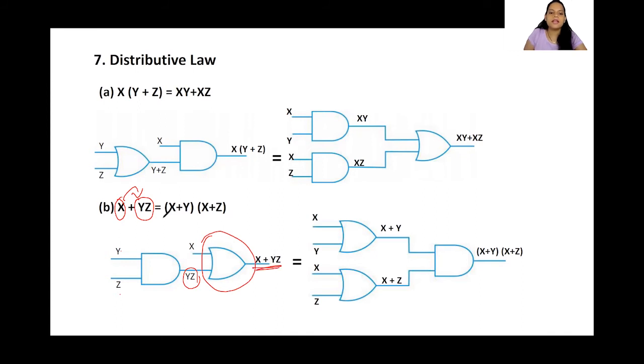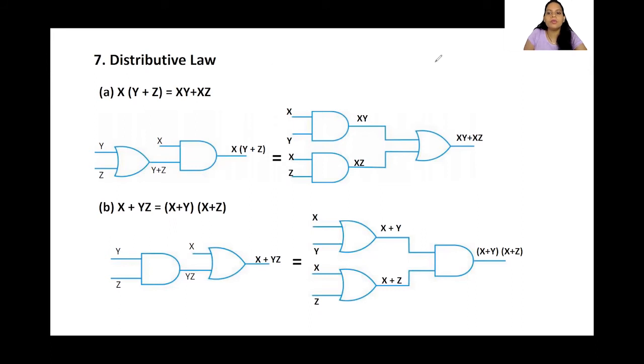Clear? Now, what does the right hand side say? It is saying first OR x and y and then OR the x and z, whatever the output you are getting, then you do the AND operation between them, right? So that is what we are doing here. First, we are doing OR operation between x and y, hence I'll get x OR y. Then I'm doing OR operation between x and z, hence I will get x OR z. Now these two outputs, whatever I got from the OR operators, I'm giving as an input to this AND operator. Hence I will get (x + y) AND (x + z). Okay, so this is all about the logic gate, how we are writing a logic gate for a given expression.